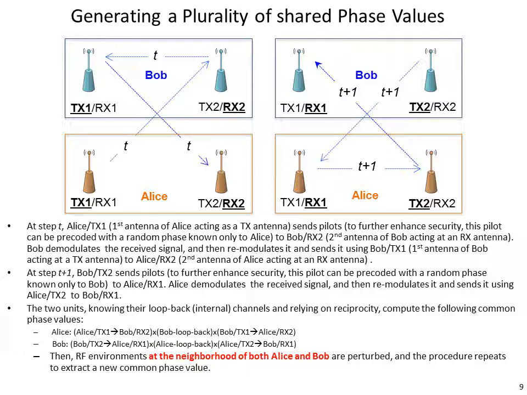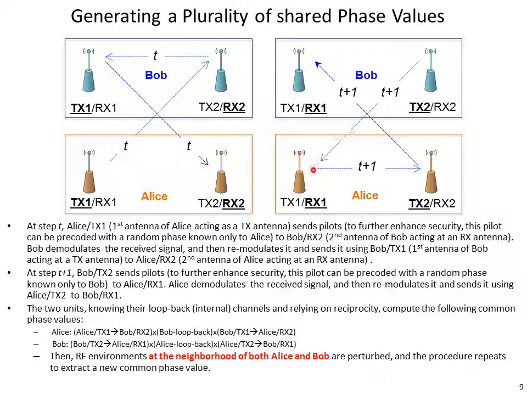Now, the roles of the antennas are exchanged in the sense that in the first phase, Alice's first antenna was used to transmit, and its second antenna was used to receive. Bob's first antenna was used to transmit, and its second antenna was used to receive. In time t+1, these roles are exchanged, and the process starts with Bob using its second antenna, which now acts